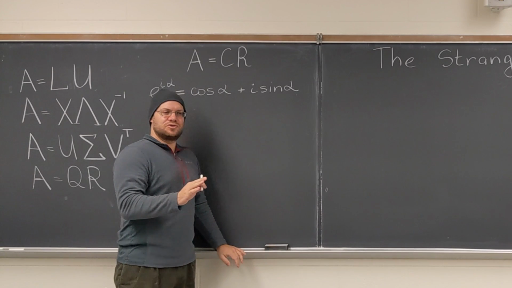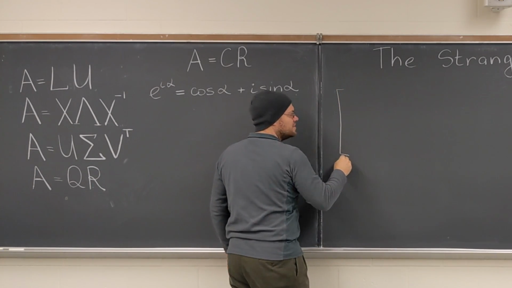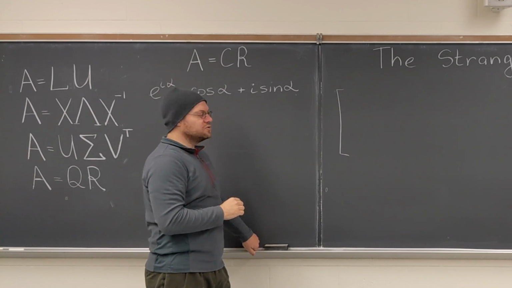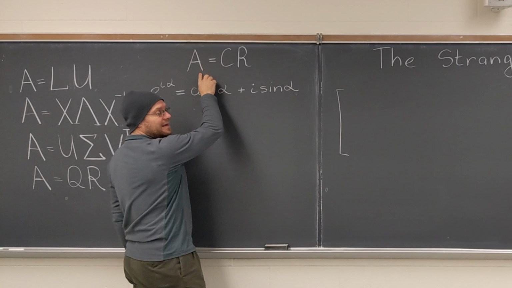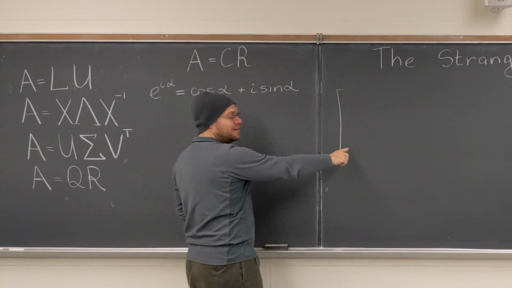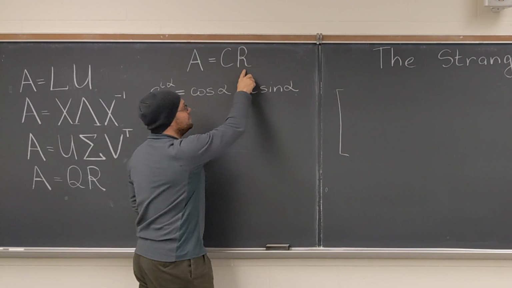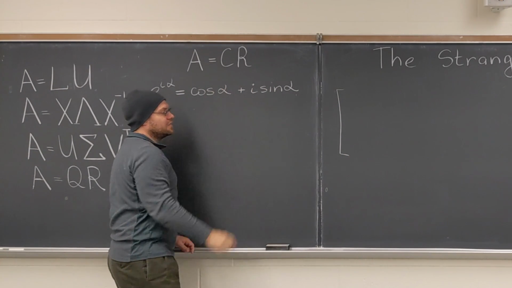What we're going to do right now is I'll write down a matrix, and we'll figure out its row-reduced echelon form. So the matrix itself will be A. The row-reduced echelon form that results from the matrix A will be the matrix R. And you'll guess what the matrix C is and why it's called C.